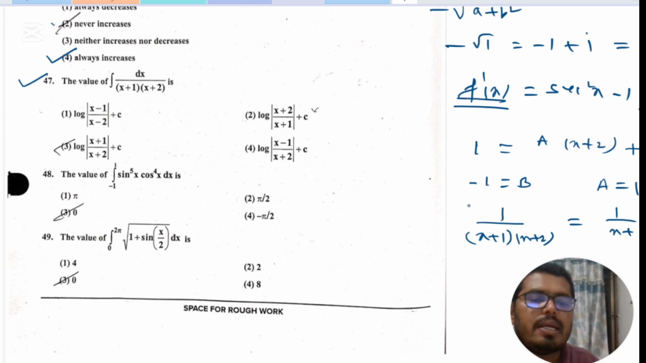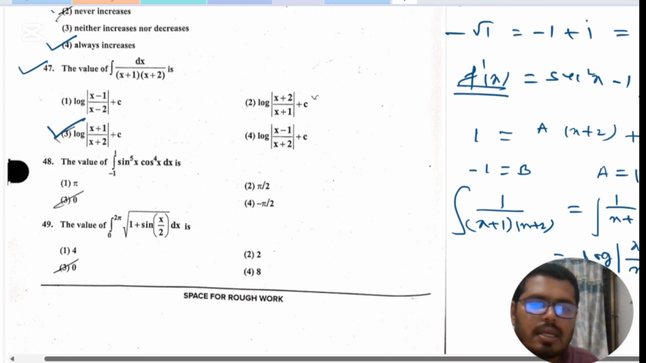Okay, after taking integration, here we get log of mod x plus 1 divided by x plus 2. This implies that option number three is correct. Okay, next is